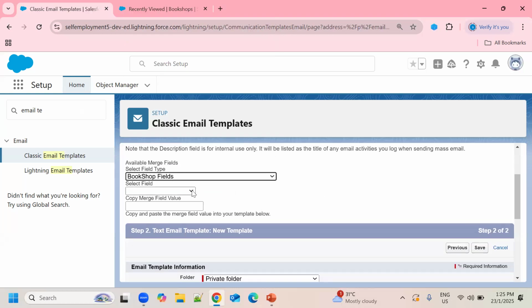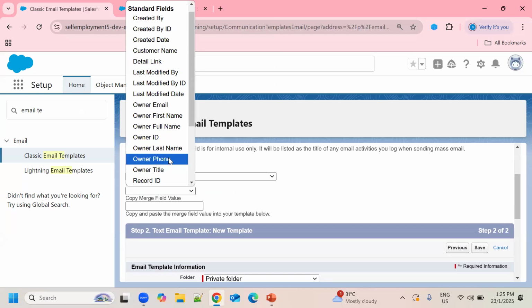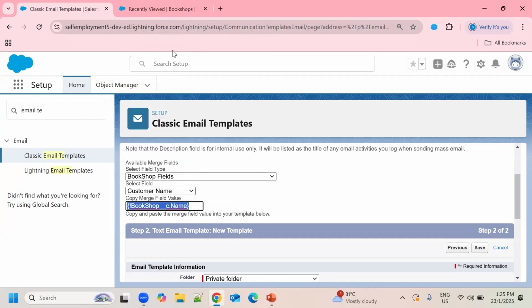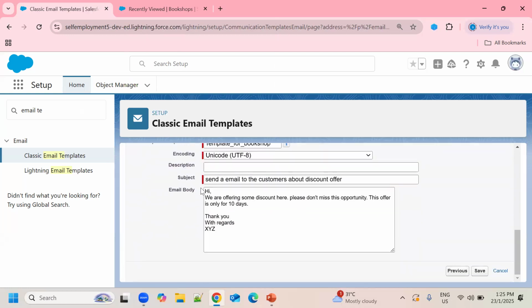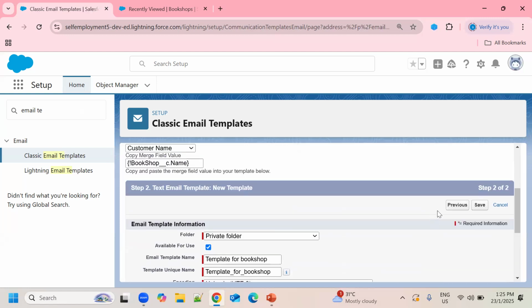Now as I selected this, all fields are available here, right? So which field am I going to choose here? Name, customer name, because I'm sending this mail to the customer, right? So just copy this by pressing Ctrl C, come to our mail body, and paste here, right? So the receiver, that customer name, will be here. Okay, so after doing this, let's click on the save button.